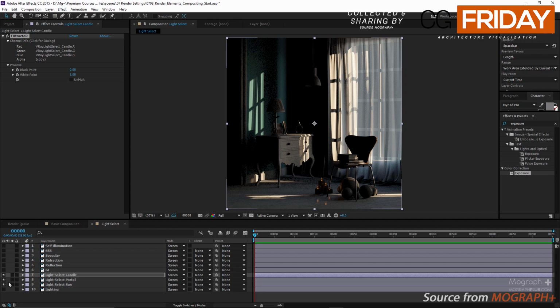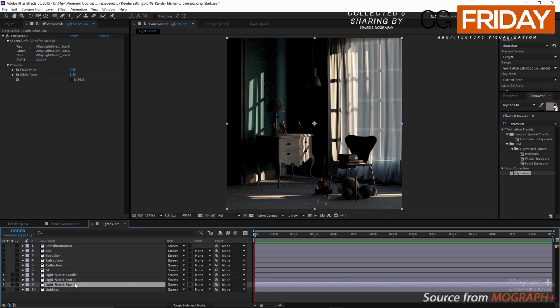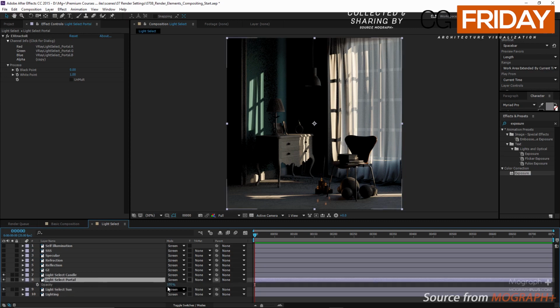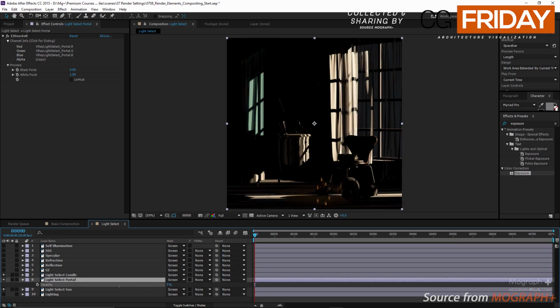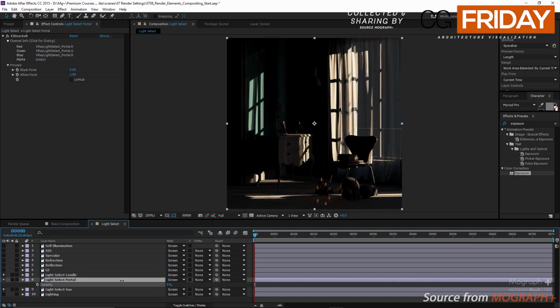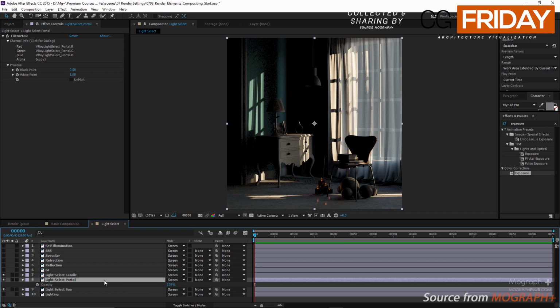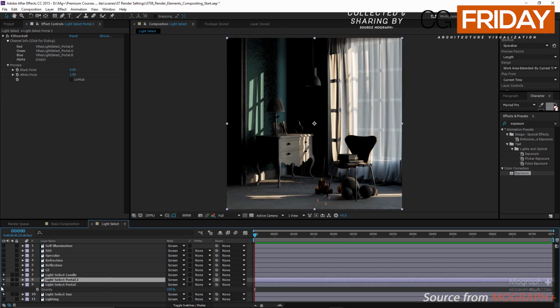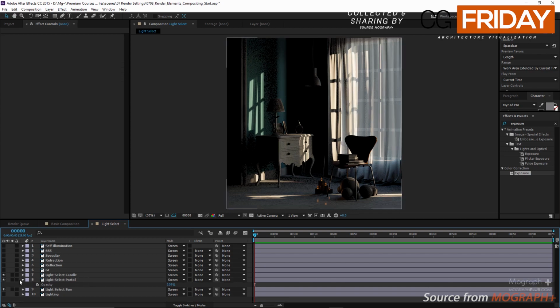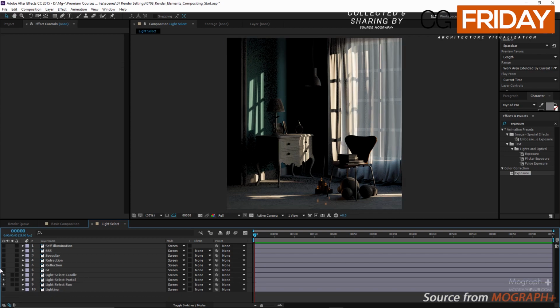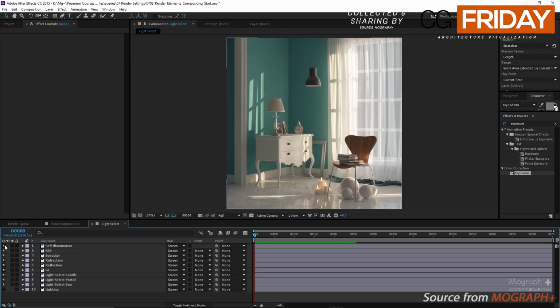Now I can have real-time individual control over my different light sources even after the render has finished. I can select the portal lights layer and decrease its opacity, for example, or set its opacity to 100, duplicate the layer, and this way make the light even stronger in the scene. For now, let me just delete the duplicate here. And now if I turn on the other layers, we are gonna have the same image as our final render,